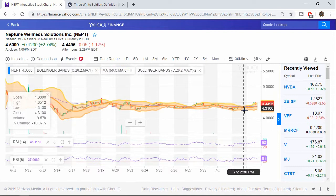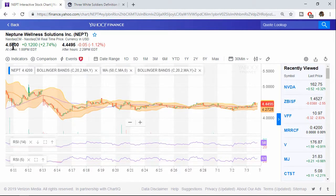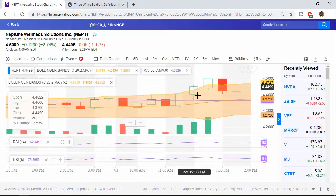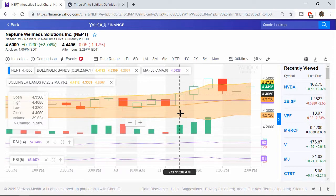And this is insane volume, midday crows on the Neptune. I'm scared to buy it at 442, but that looks like the doji price. The crows. Let's be okay. So they say that they could have some consolidation after your crows, right? Let's say if it consolidates to the bottom of this wick, that would be 437. I think you're safe buying it at 435. I think you're safe buying it at probably 433,